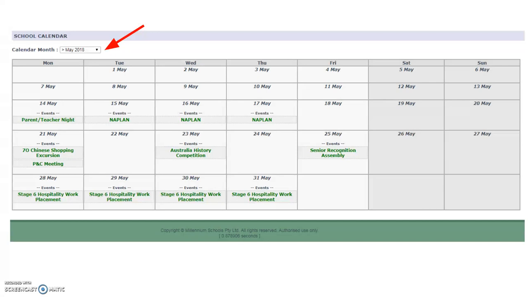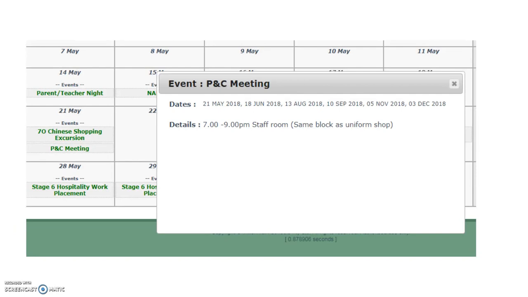When you select one of the events, such as the P&C meeting, you will see further information. Here, you can see the P&C meeting is held on the dates listed between 7 to 9 p.m. in the